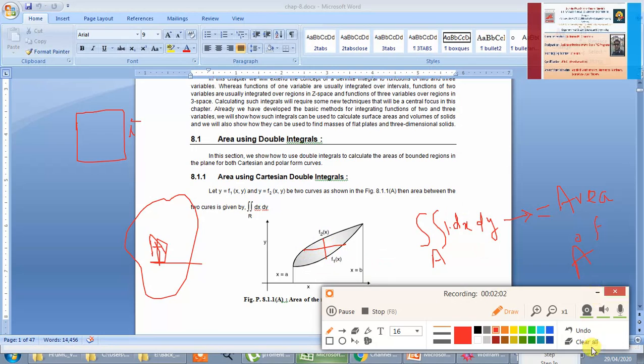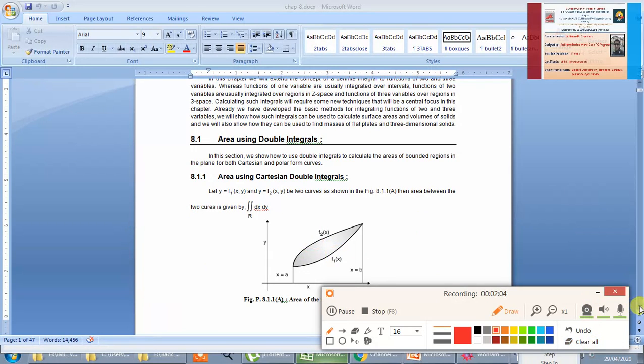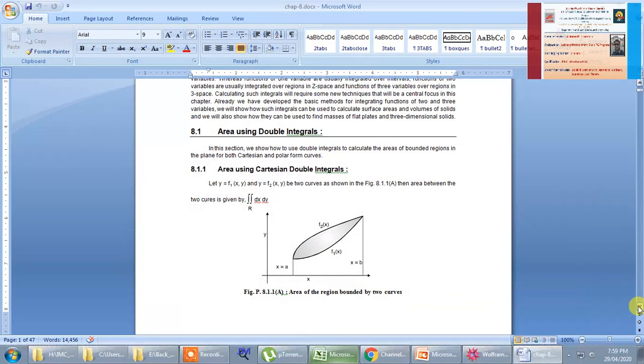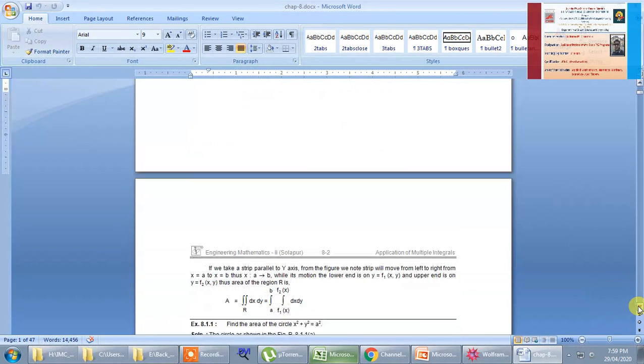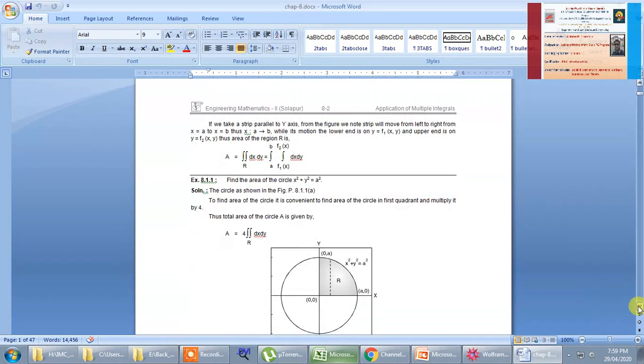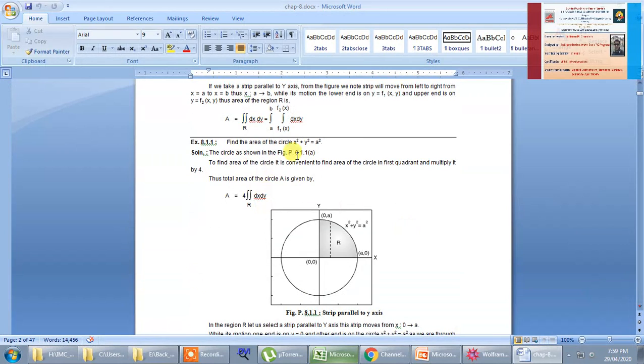So now let us go for the first problem. Suppose the first problem is: find the area of the circle x square plus y square equal to a square. Note that it is a standard circle. If you find the area of this part only and multiply it by 4, we get the required area. Therefore, the required area is the double integration over this region R,